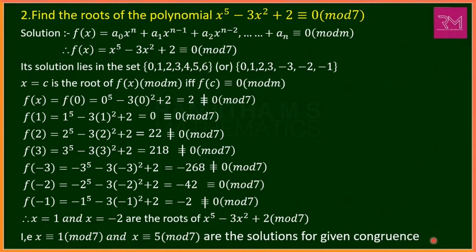This completes the problem. These are all very easy problems. It is very important that you substitute x values from the solution set. In that case, if we have a congruence under 7, you have to consider 6 solutions, that is from 0 to 6 you have to substitute a value and find the roots for the polynomial. That's a very important step. We shall move on to another problem.